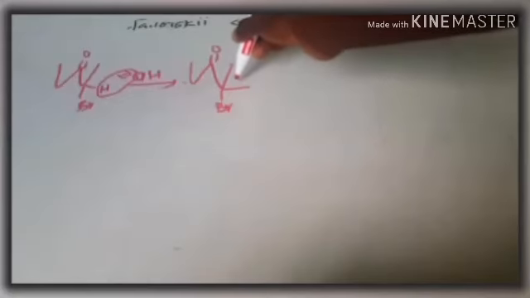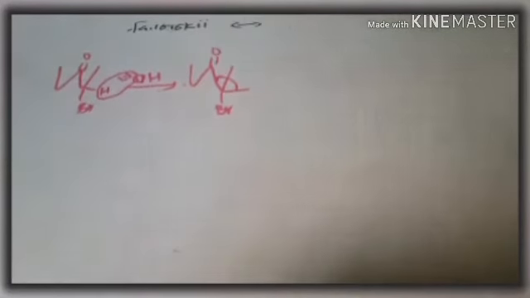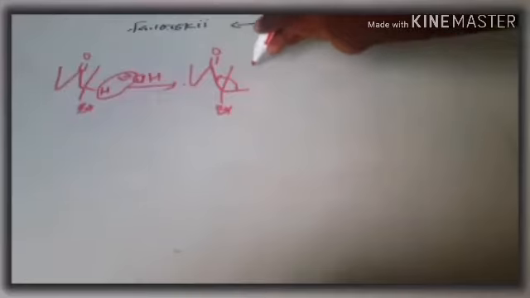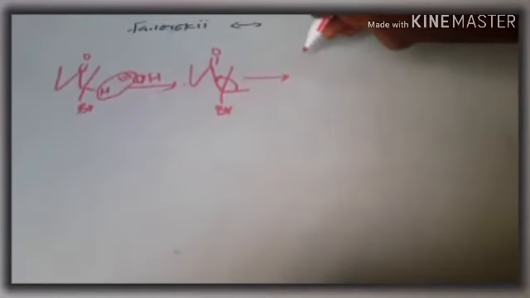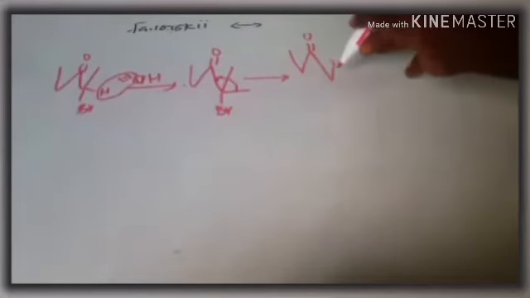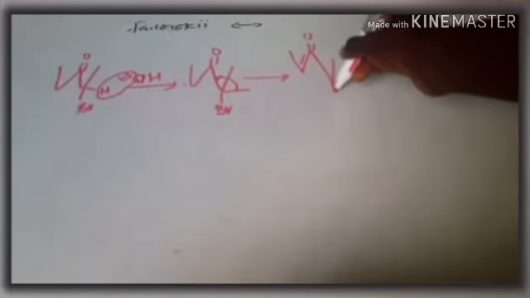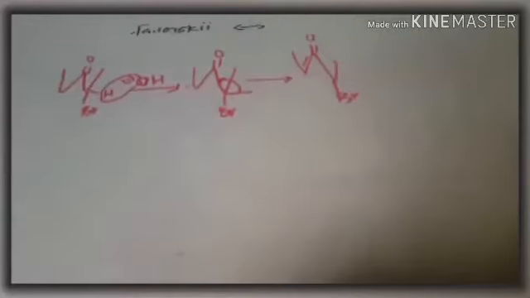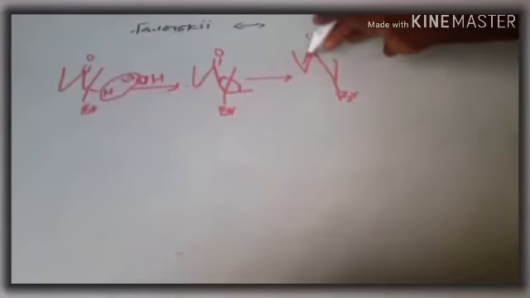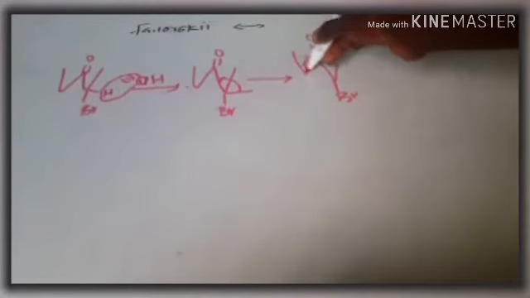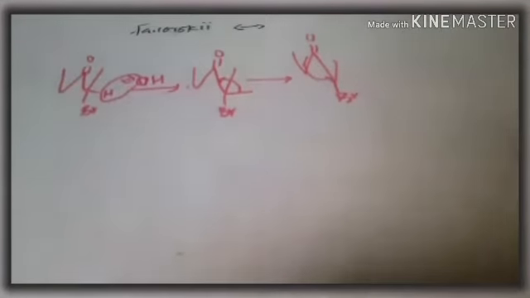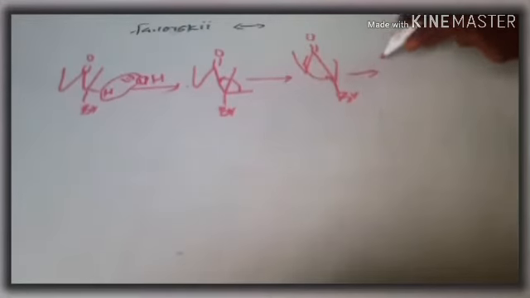Then this bond here, we attack this carbon here, and you get this Br. Now this bond here will attack this carbon to give you the intermediate,